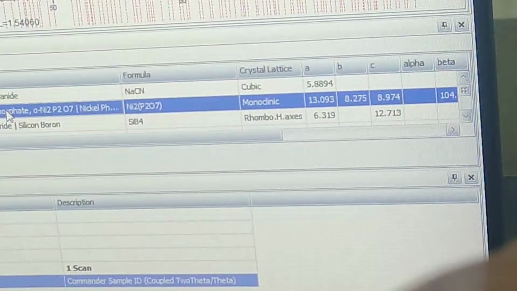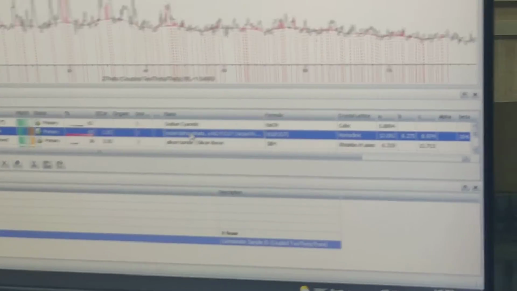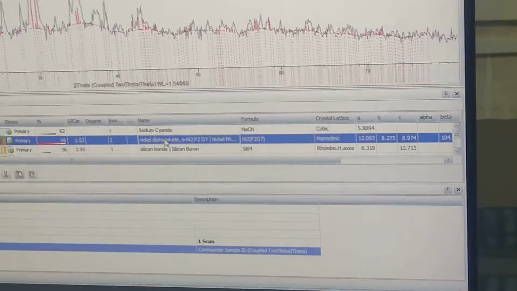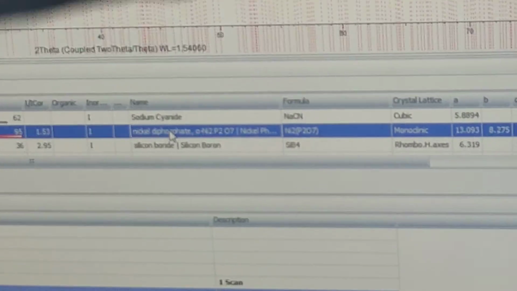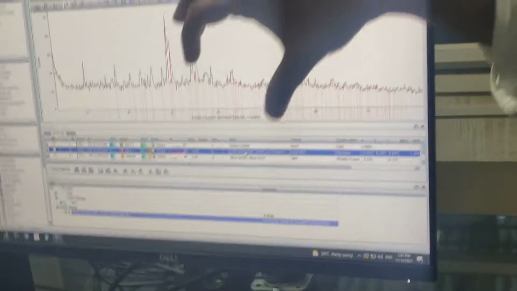So for identifying the impurity peaks, we need to do a little longer scan. At least 20 minutes of data is needed to get nice XRD data, identify the peaks, identify the impurities, everything. But it is possible. You can quickly see that it is already matching: wherever there is a line, there is a peak, which means this compound is present in the sample. This Ni2P2O7 is there in the sample.